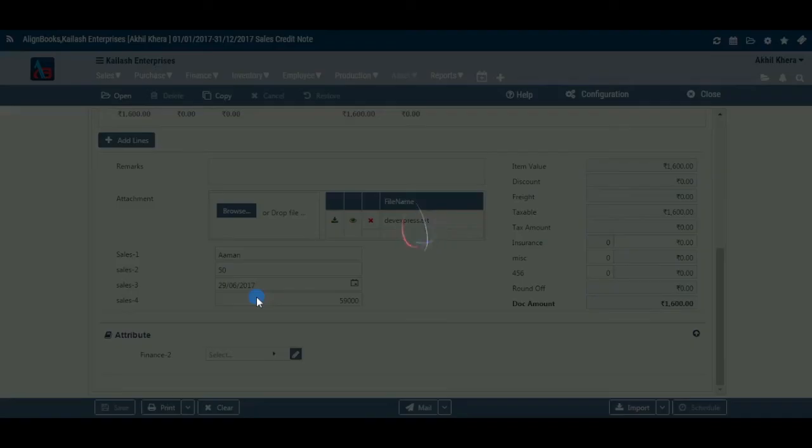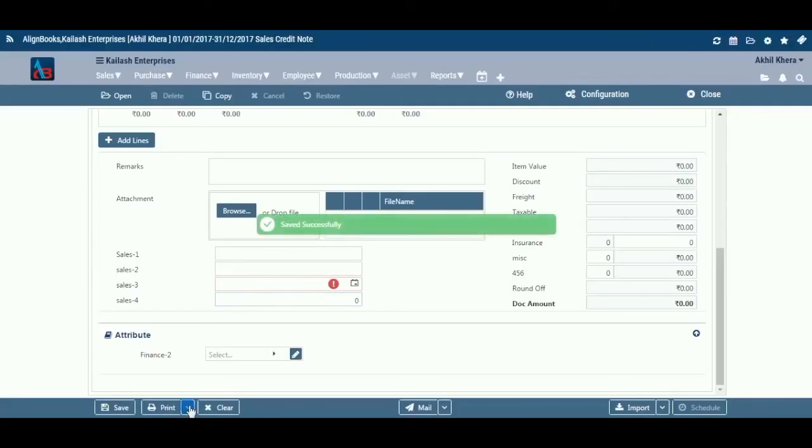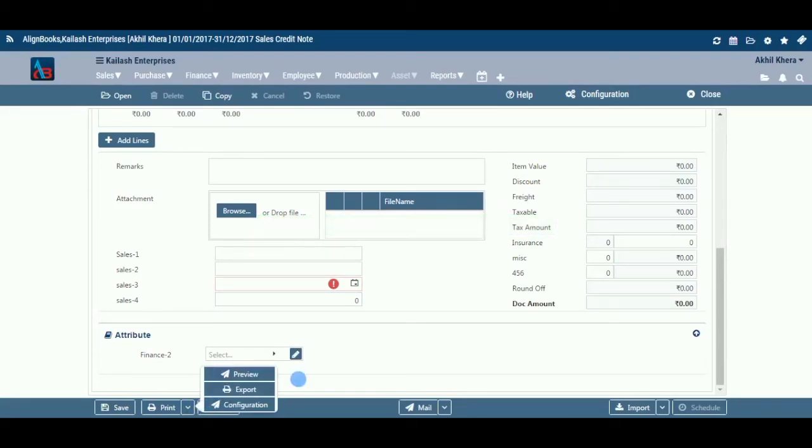Click on Save to save the document prepared by you. Click on Print to print the document prepared by you. If you want to send an email or SMS, click on the arrow beside Mail and click on Email or SMS. Clear: before clicking this option, make sure that the data entered is no more required by you. The moment you click on this option, the system will erase all the data and give you an empty screen